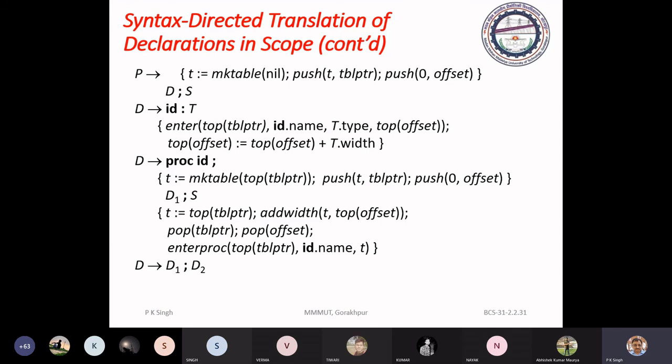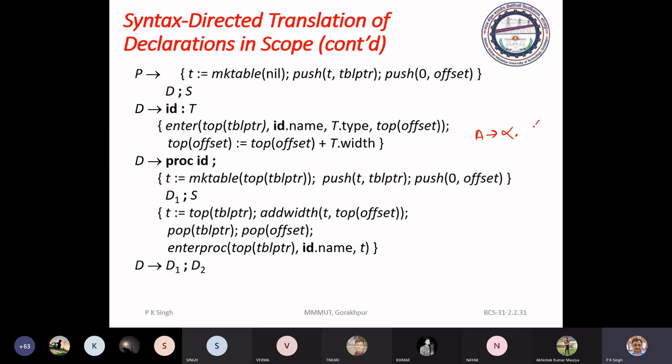Just see, up to now we have applied the action in syntax directed translation when we are reducing, meaning A to alpha dot, at this situation.